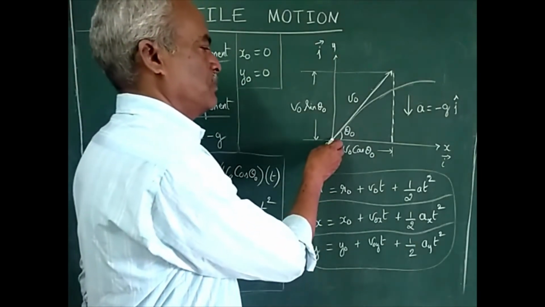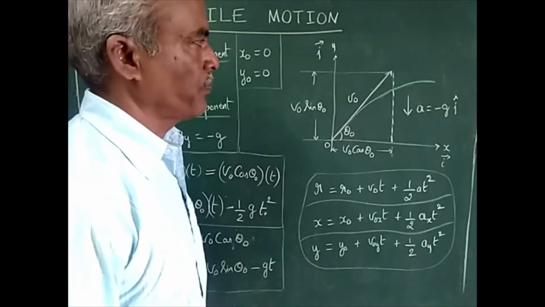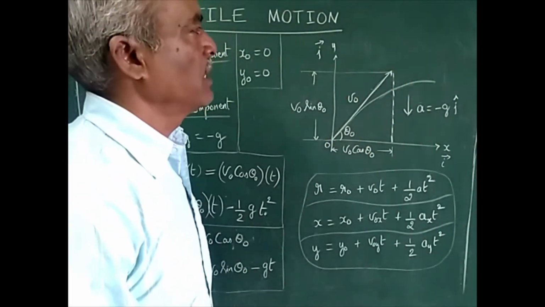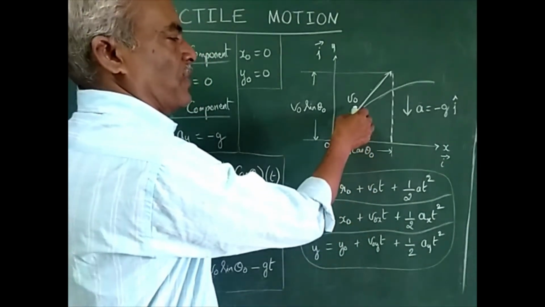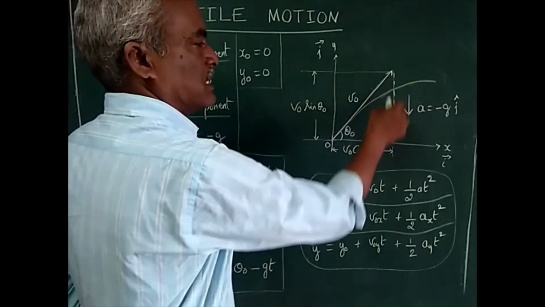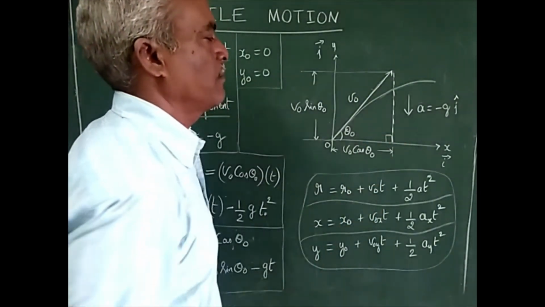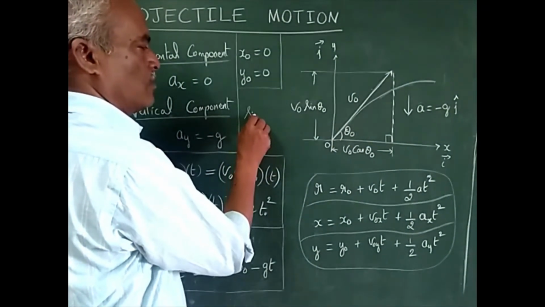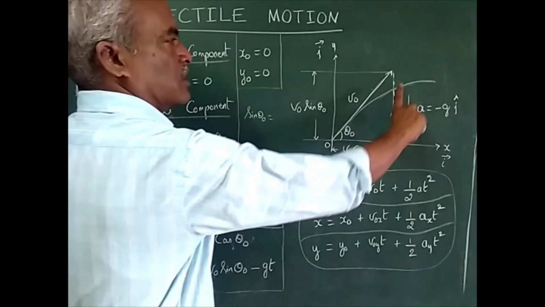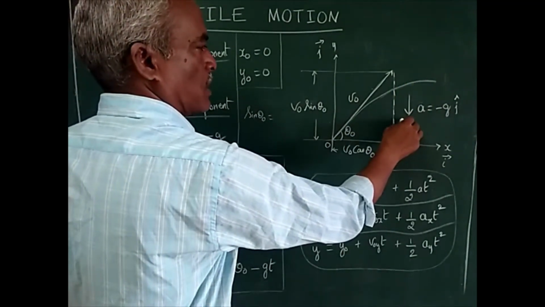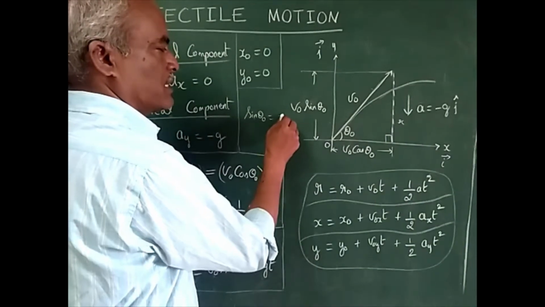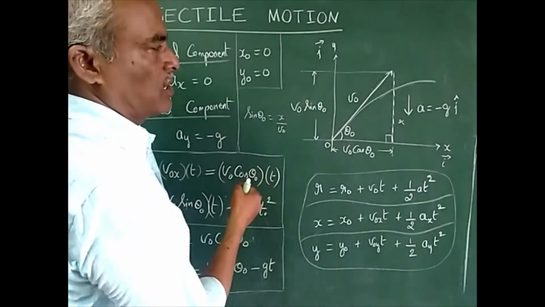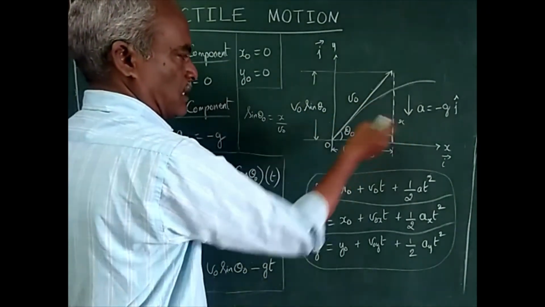Assume it has been started with the initial velocity of v0, moving in this direction with an angle theta naught. Okay. Now you find the vertical component. Consider this as a right angle triangle. For this triangle, sine theta naught is equal to the opposite side, which we don't know. Assume this is x and the hypotenuse is v0, so x by v0. Now what will this value be? v0 into sine theta naught. So that's what is written here, this length.